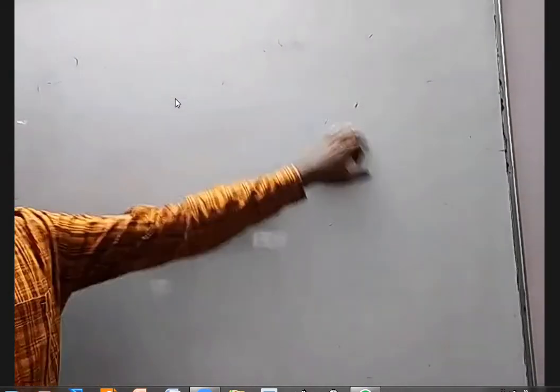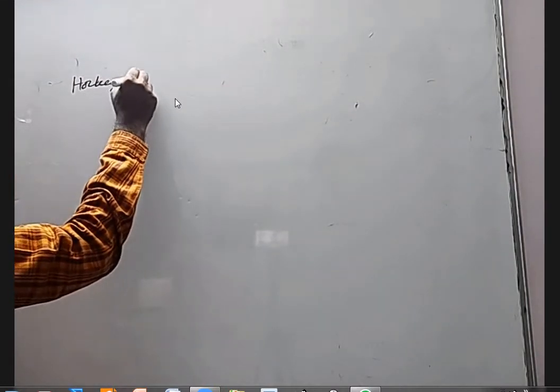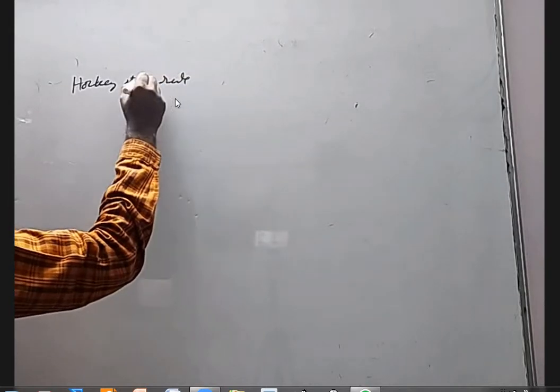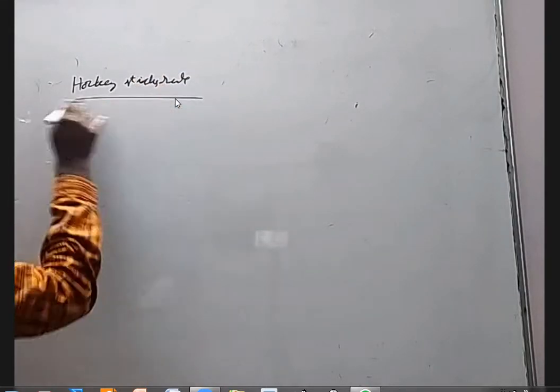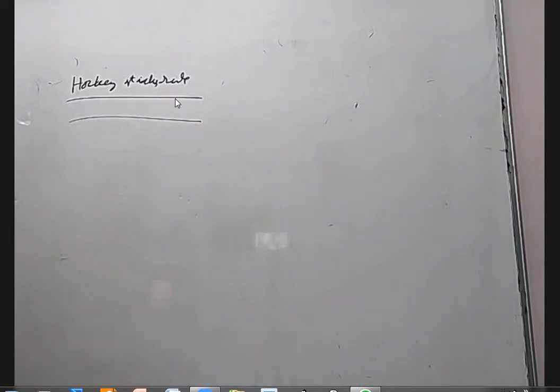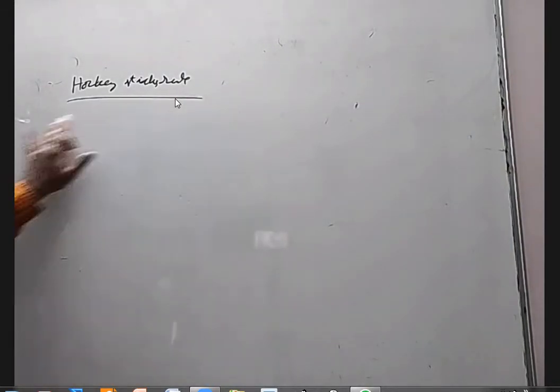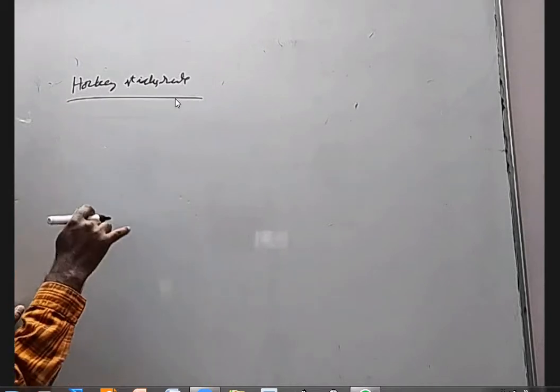Okay, earlier we have seen this hockey stick rule. Earlier I gave one proof for this, but still I want to give another proof because this proof is going to help in solving some other question. Don't write first, listen, then we'll write.